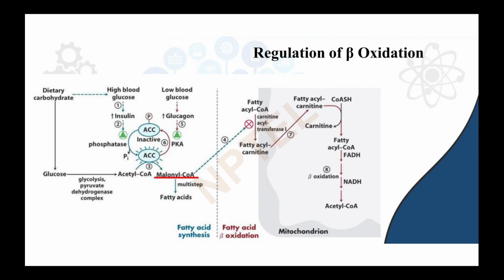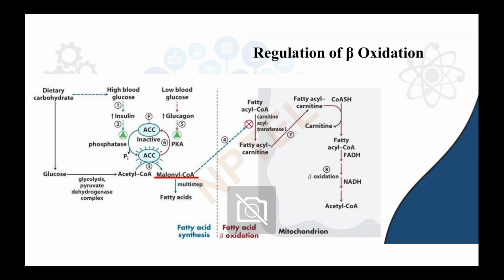A higher level of insulin actually activates a phosphatase, and that phosphatase will dephosphorylate this ACC enzyme. Now, this enzyme is inactive when it is phosphorylated and it becomes active when it is dephosphorylated. So, high insulin will activate this phosphatase,